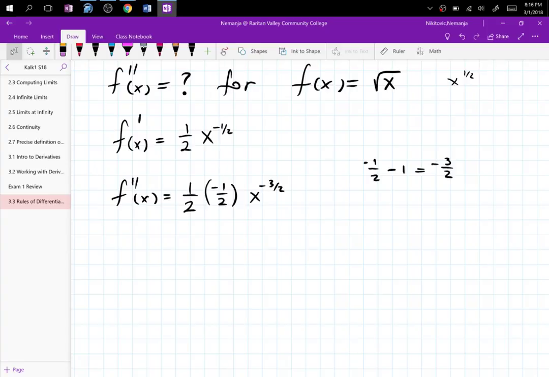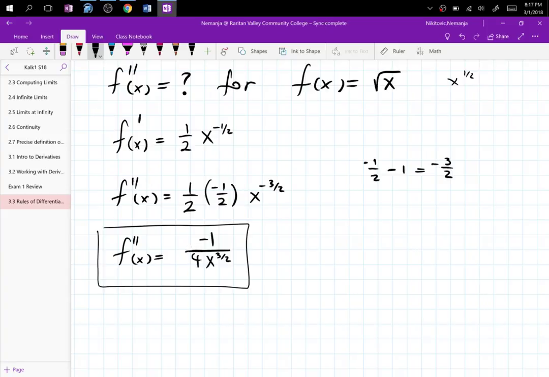So f double prime, the second derivative of square root of x, is equal to negative 1/4, and you have x to the 3/2 in the denominator. So maybe better if we write it this way. There we go. And this would be our